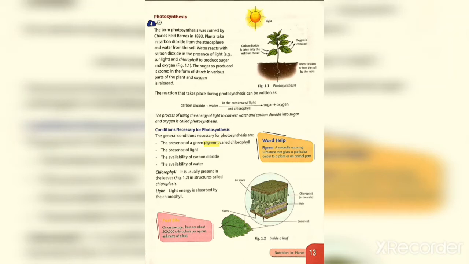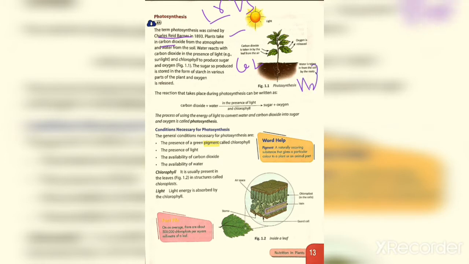Good afternoon, students. Today we will discuss photosynthesis. The term photosynthesis was coined by Charles Reid Barnes in 1893. In this process, plants take in carbon dioxide gas from the atmosphere, and the